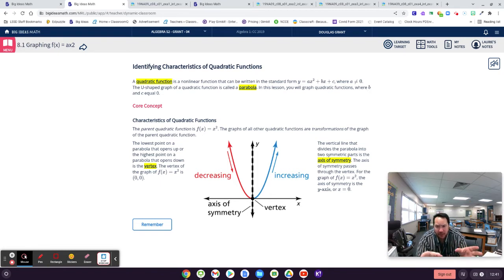What I would do is read this over and then add into your notes what you feel is the most important key points. Definitely, I would include the word parabola. I would explain that a quadratic function is anything that has that form right there, and it makes this parabola that has a vertex. When it's going down towards the vertex, that's decreasing, and going up away from the vertex is increasing, unless, of course, it's upside down. And then the line that goes right through the vertex is the axis of symmetry. So there we go. Take some great notes. And now let's jump into